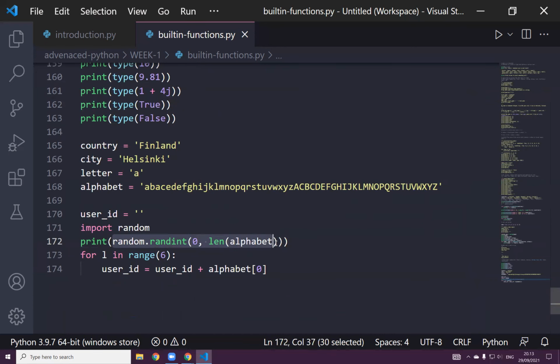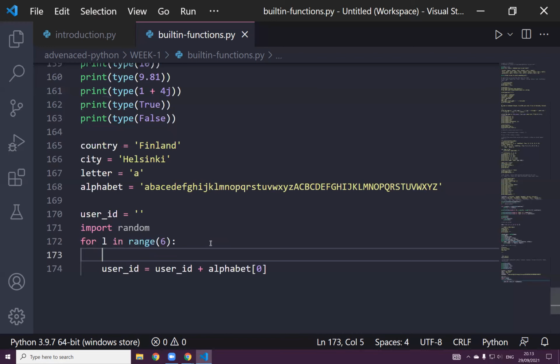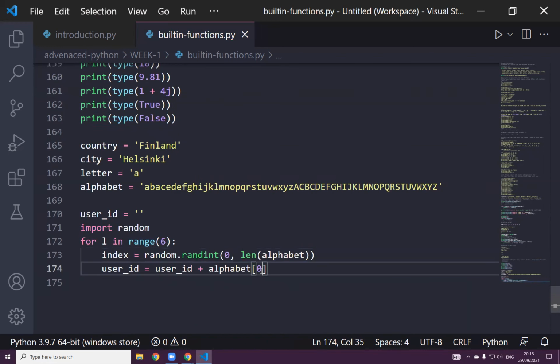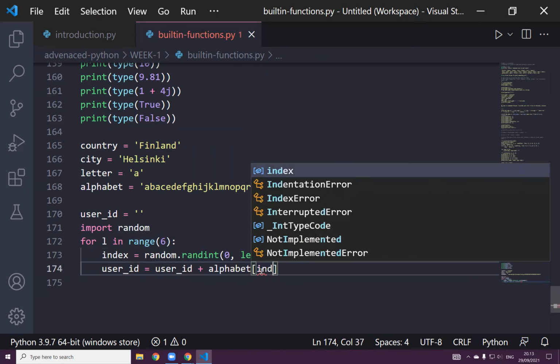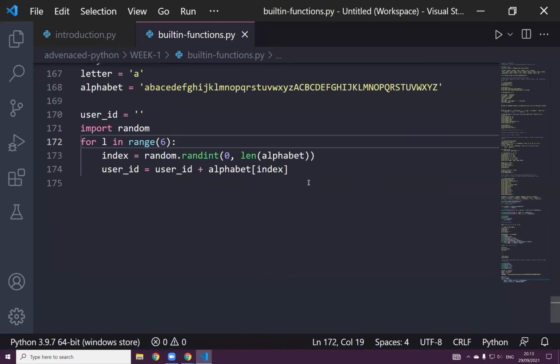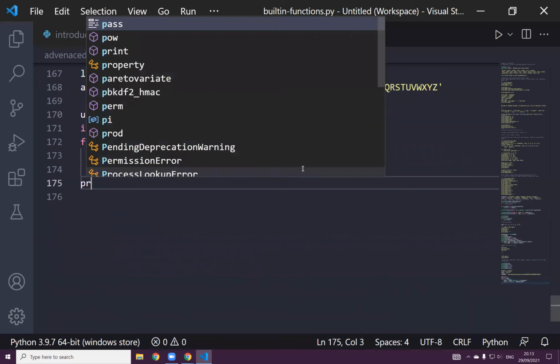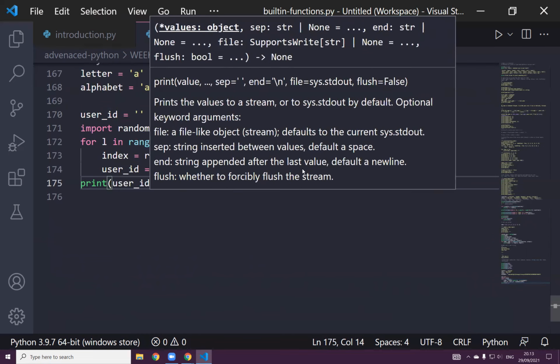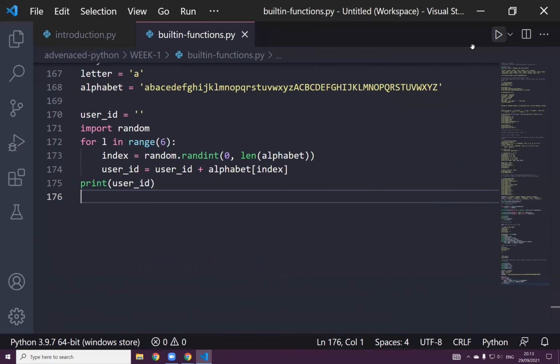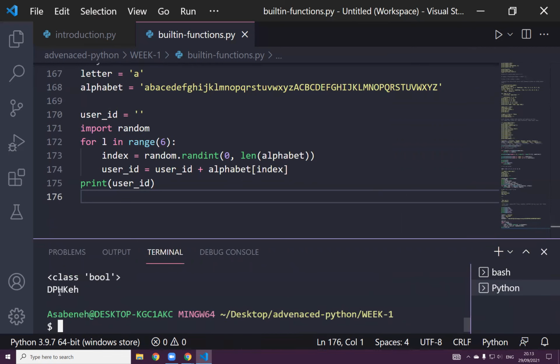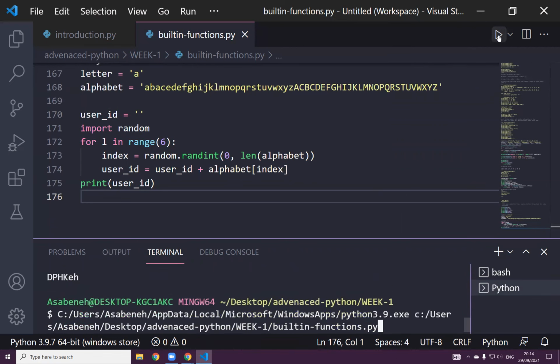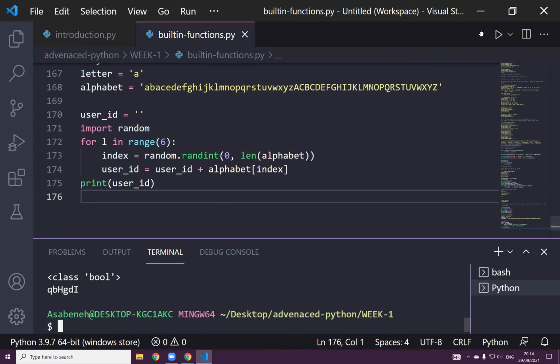So I can say index is going to be this, and then this would be alphabet at index. Now if I print user ID, you may get some kind of ID. Have you seen I got this? And then again, if you try,